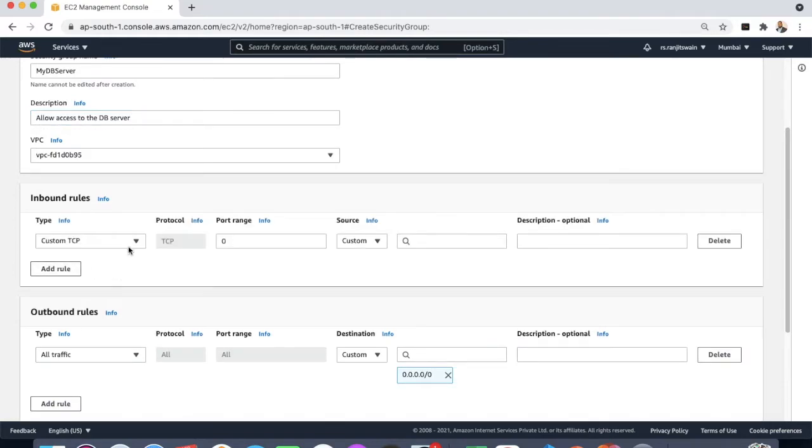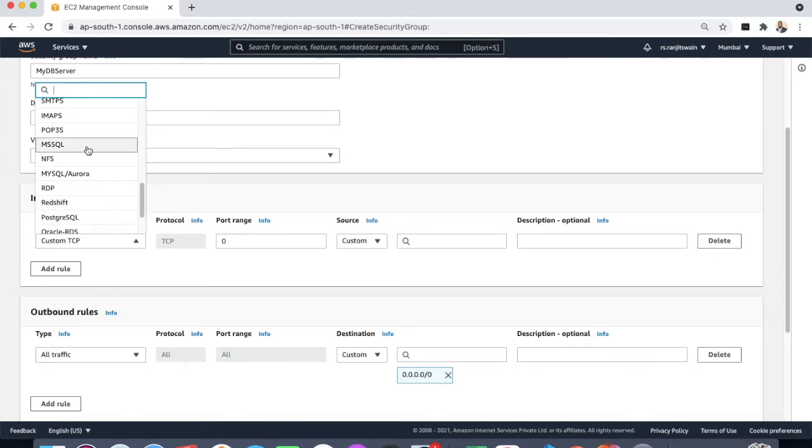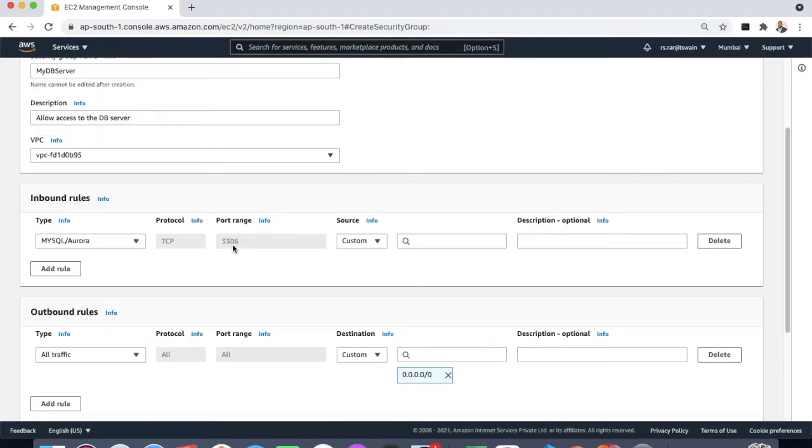Just add rules, select the protocol. For the database, you can select here what kind of database you are going to use. Are you going to use Microsoft SQL or MySQL Aurora, or PostgreSQL? So based on this setup, the port range will change, right? Suppose I'm going to use MySQL and Aurora. If you see here, the port range comes under